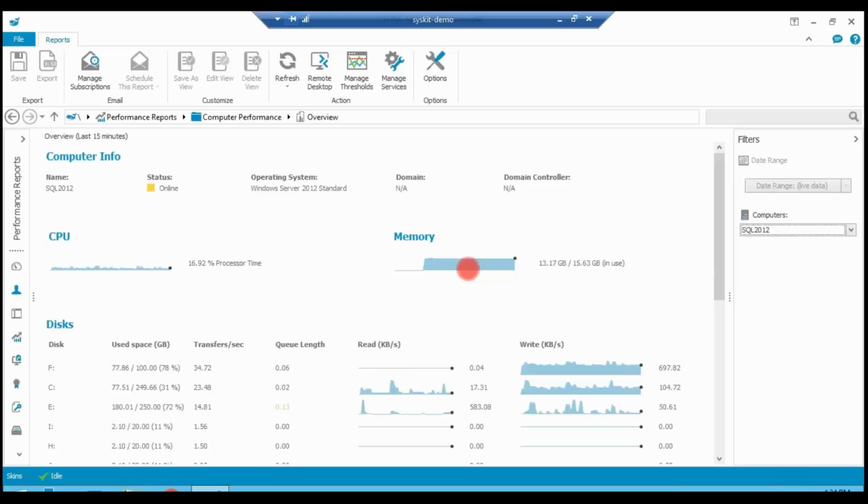So as you can see here, the majority of memory is already in use. Its CPU seems to be fairly okay. There is nothing special for this particular server, so it doesn't consume much CPU. And below that you will see additional counters that are available for